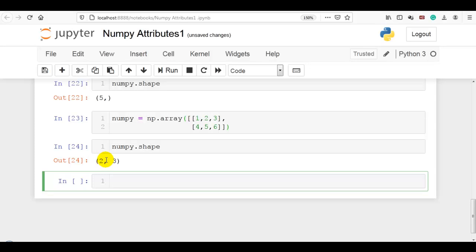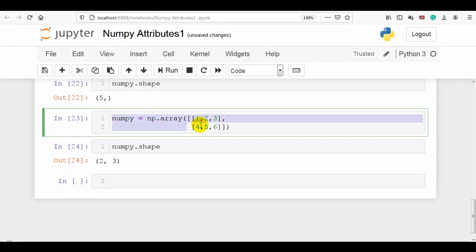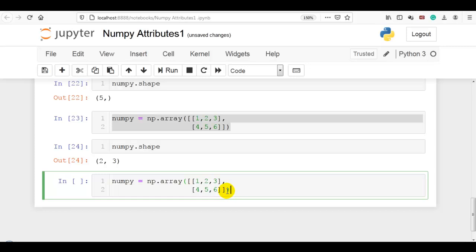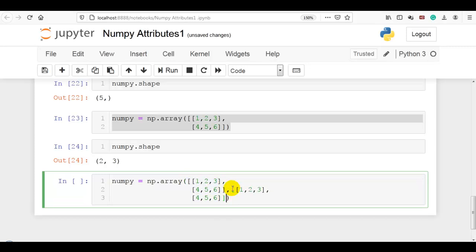So here 2 rows and 3 columns. Let me show you for 3D as well. This is a 2D array. Again let me copy this 2D array and paste it over here with one more square bracket. So it will become a group of 2D arrays, a 3D array.